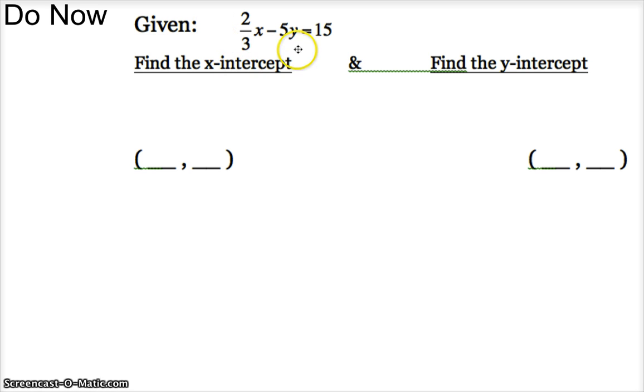We're looking for the x-intercept. X-intercept is when the y value equals 0, so we need to find the x value, so this y value should be 0, and our x value should be found. So I'm going to rewrite this equation as 2/3 x minus 5y, and we know what our y value is. Our y value, like we just said, is 0. 5 times 0 goes away. I'm left with